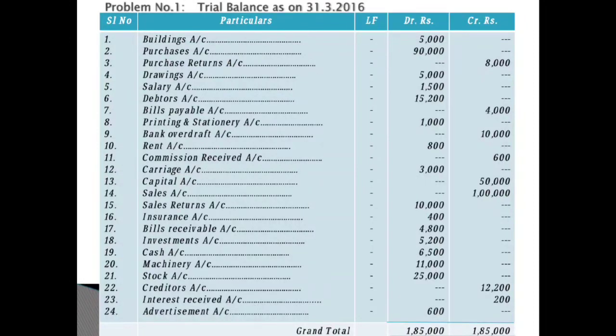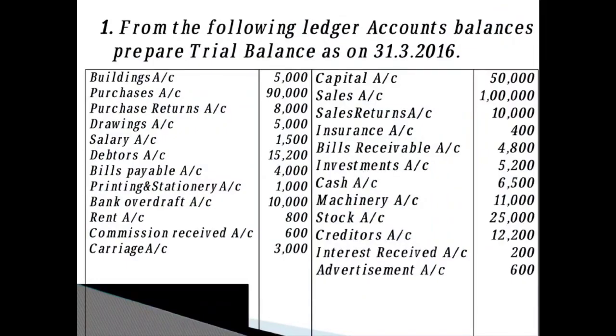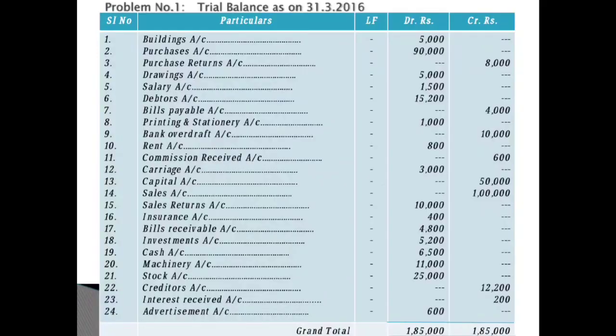In the credit column we are going to record it, because capital lies under the liability side, which always shows a credit balance. Then next you have sales account, rupees 1 lakh. Now sales means it is a revenue for us, right? Whenever you sell the goods, you are going to receive the cash. So credit, because it is a revenue. So on the credit side, in the credit column, you are going to record it. See the 14th one, sales account, which you have to record on the credit side, rupees 1 lakh.